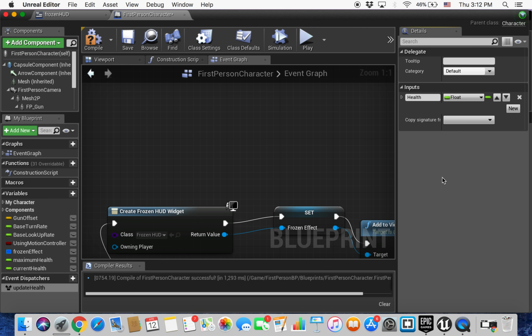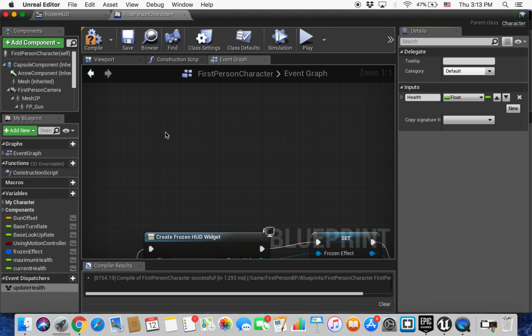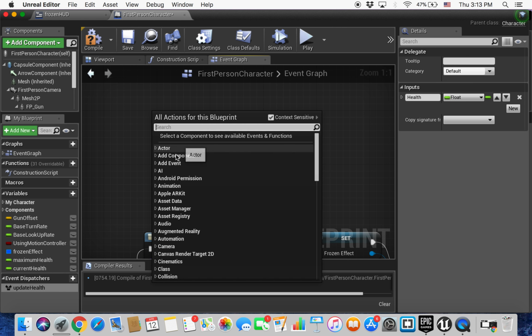And so from this point, still in the first person character event graph, we're going to make it so that these can be changed and how they will be changed. For the purpose of just showing you the functionality and the changing in opacity, I'm just going to be setting this current health as something that can be changed by a key press. Clearly, if you had a game running and you wanted to have it take damage, you could have an on collision, that would work. But because I really don't have anything except a completely new level, we're just going to be having it so that